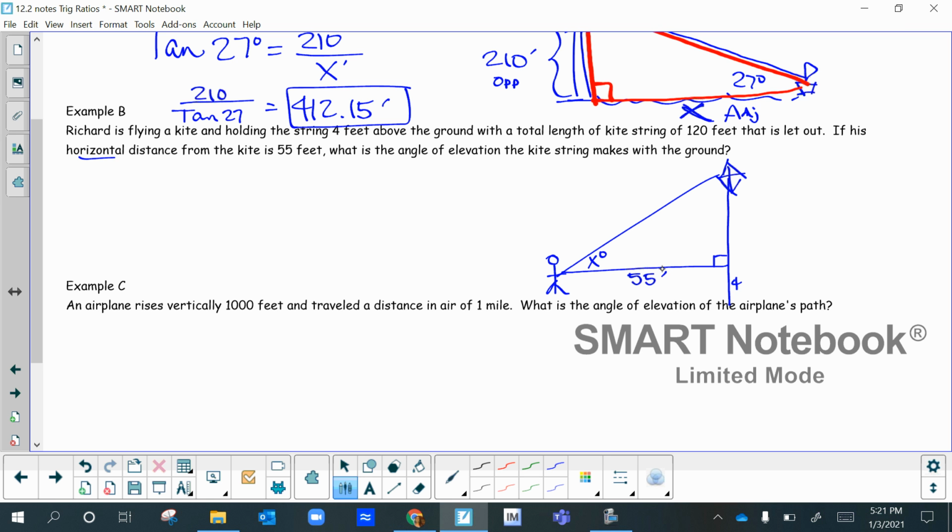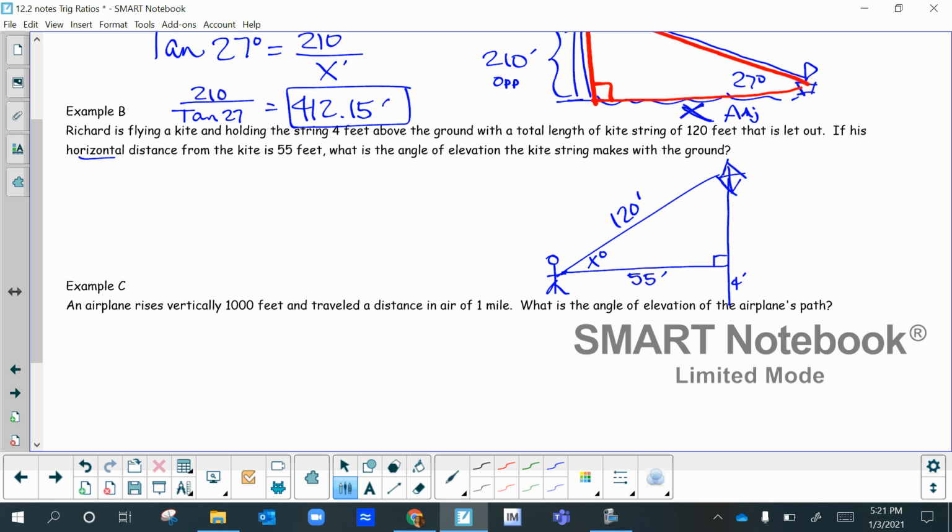Okay, so one more thing. He let out 120 feet of string. So the 4 feet is not going to be involved in our trig ratio function. Okay, so we don't really need that. Okay, now,